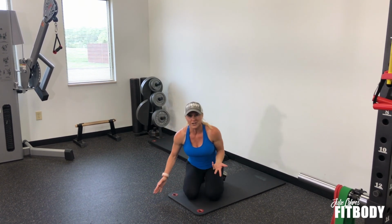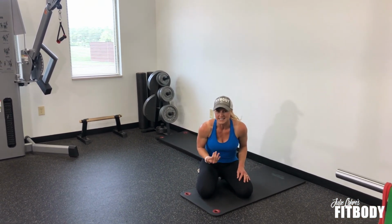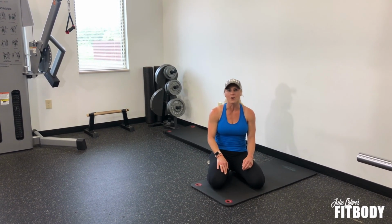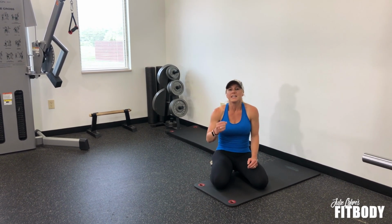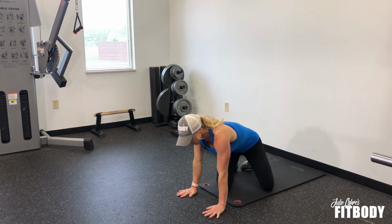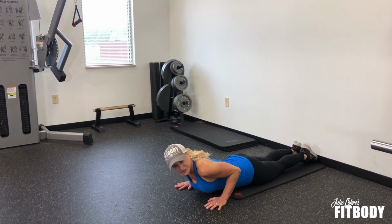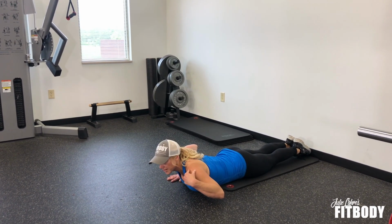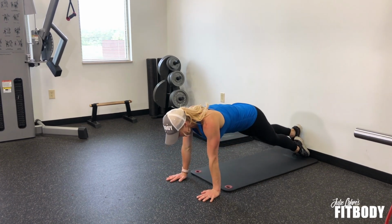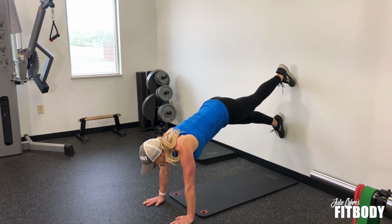So if you're looking at me like I'm crazy, then there's a way to start this that's not going all the way up into the handstand. That takes a lot of time to develop, and I've been doing this kind of stuff for years. So where I want you to start off is in that push-up position, just bringing your feet up a little bit. So we're going to start here again, laying all the way down on the floor, using a straight body, so straight line from your shoulders all the way down to your ankles. Push yourself up and just start seeing if you can push your feet, try to climb up just a little